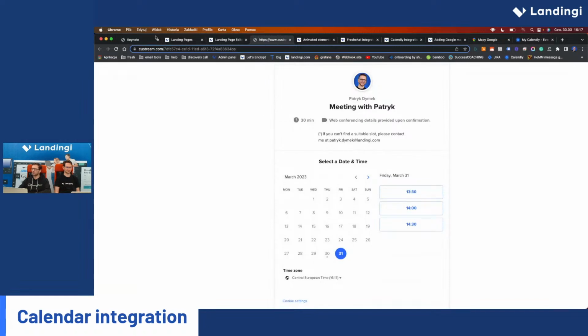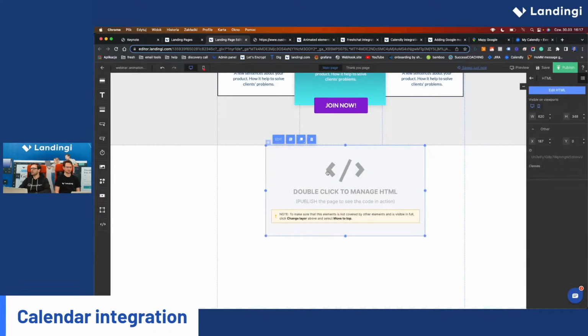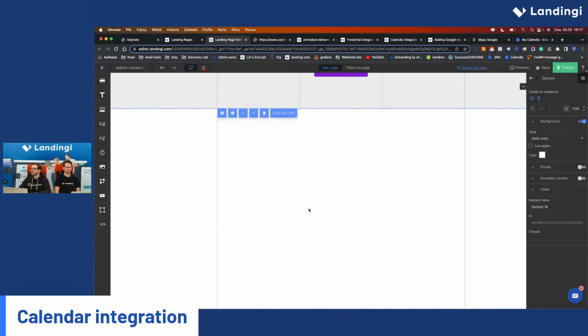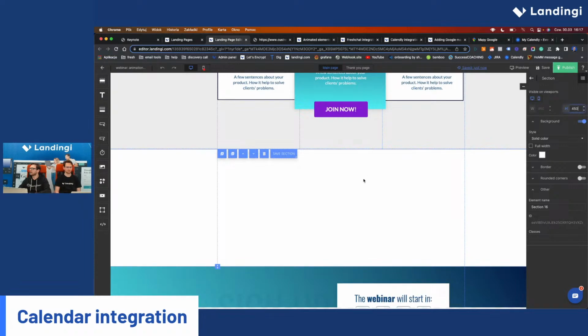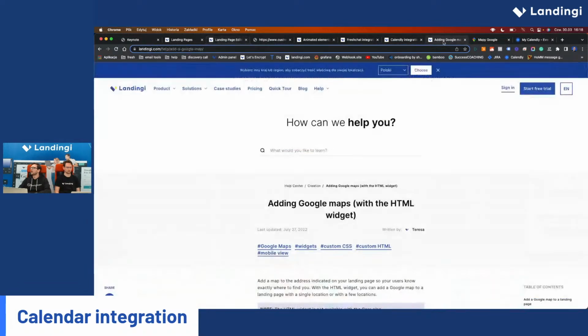And let's move straight away to Google Maps. Last but not least, let's get back to our landing page editor, and let's remove that widget here. Okay, we are going to use the same section, but let's adjust the height properly. Let's say 450, so you can see the entire section right now. Once again, a Google Map integration